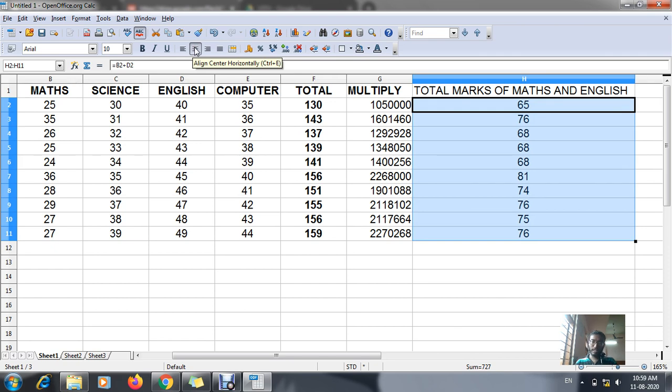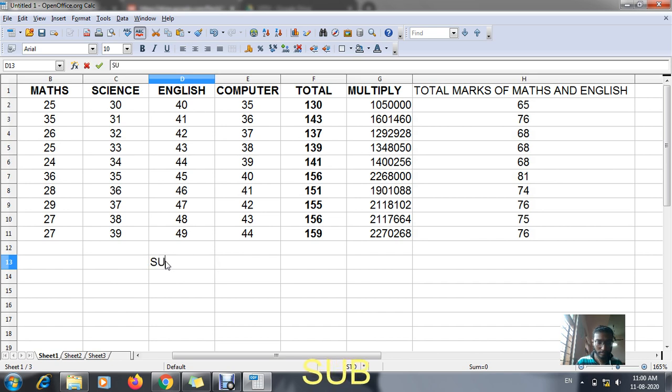Understood? In this way you can use your autofill method for addition, multiplication, and for subtraction also. Now I will be using subtraction over here. Subtract, equal to, which cell I want, D, that means English minus science.